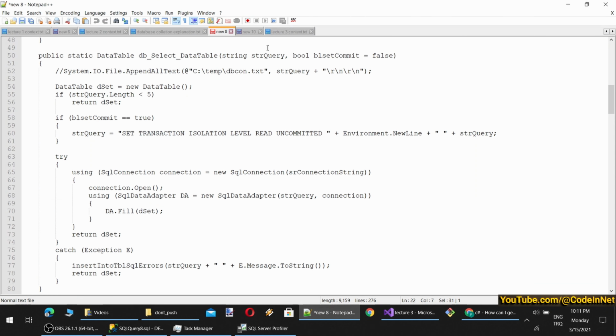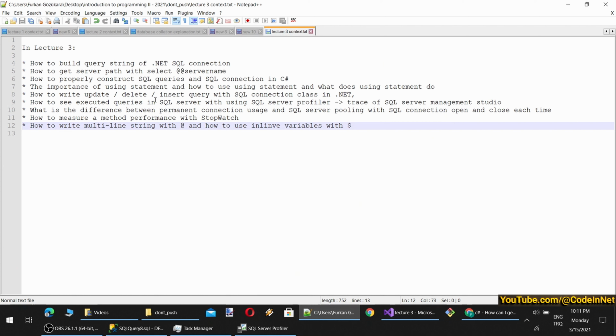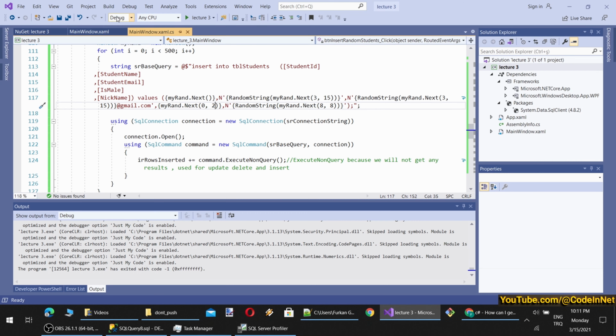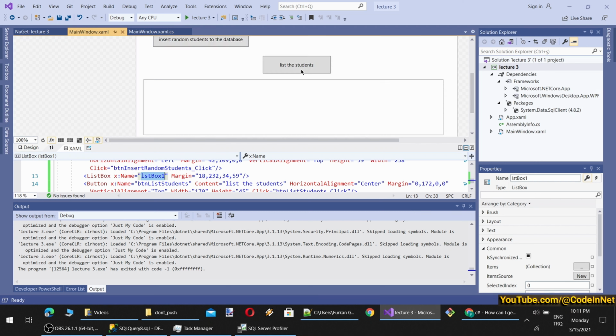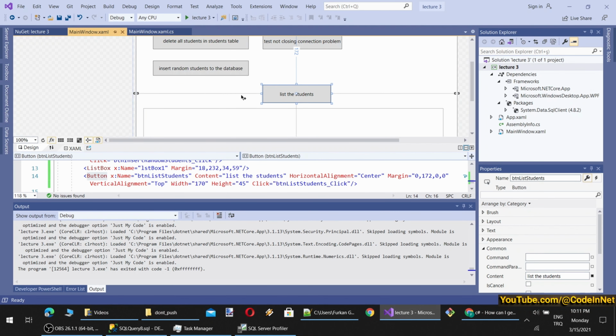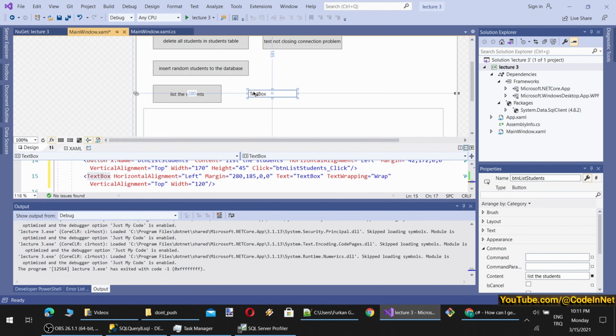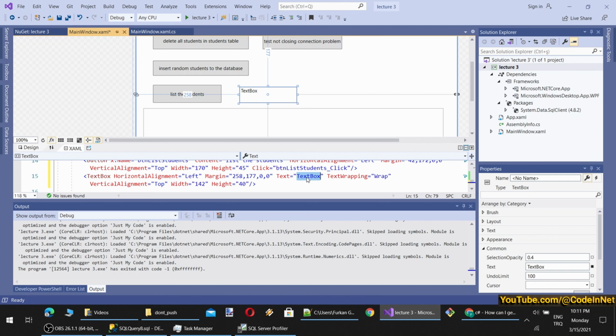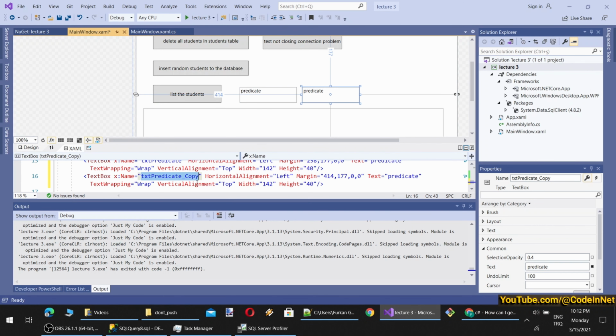Okay, we have now seen all update, delete. We haven't seen the update yet. So let's add an update feature as well. I will make the update kind of dynamic. Let's add 2 text boxes. The first text box will be the predicate to either list the results or update or delete the record. So let's name this txt predicate. Then I will add another text box for a new value. Okay, so this will be txt new value.